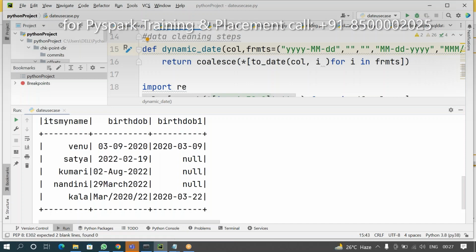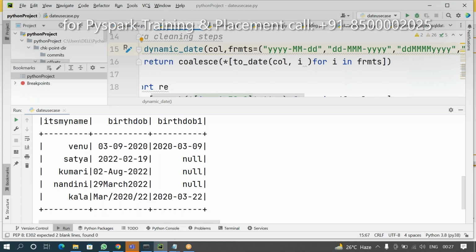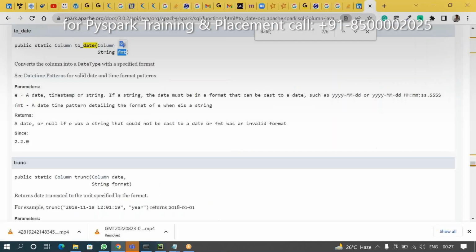Okay. Next, third one, dd-MMM-yyyy. Here, dd-MMM-yyyy. MM-dd-yyyy. Here no need for any slashes or anything. If you don't know all these things, what is this dd-MMM-yyyy?